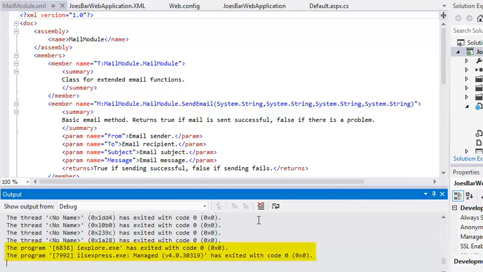Here you can see the messages reporting that Internet Explorer and the virtual web server have been closed. Internet Explorer is iexplore.exe and the virtual web server is iisexpress.exe. You'll learn how to send your own messages to the Output window using compiler directives and the System.Diagnostics namespace